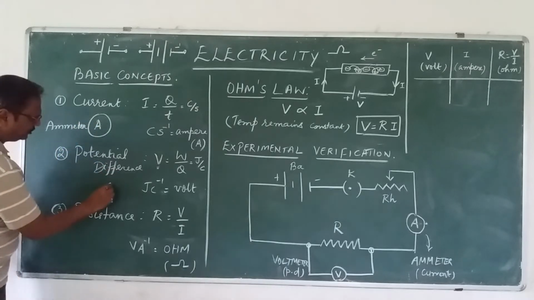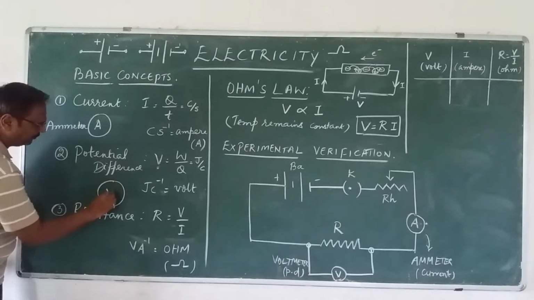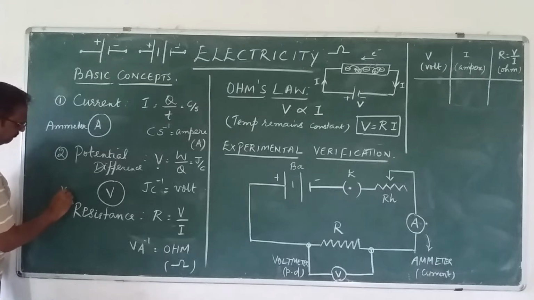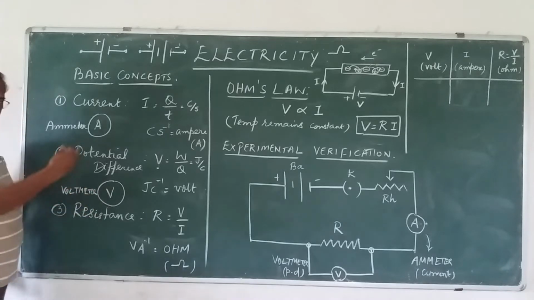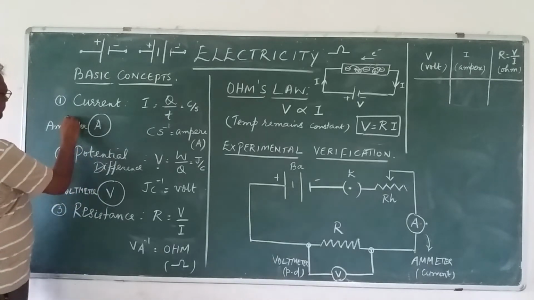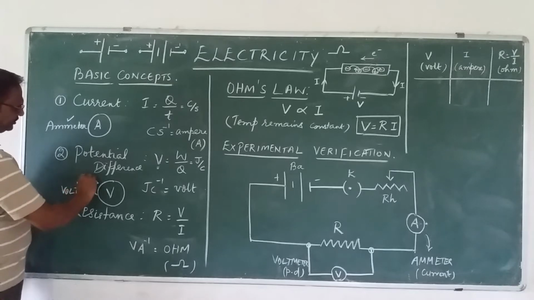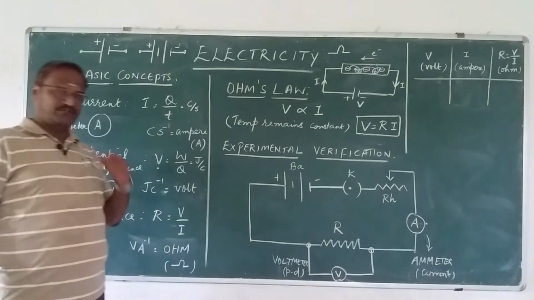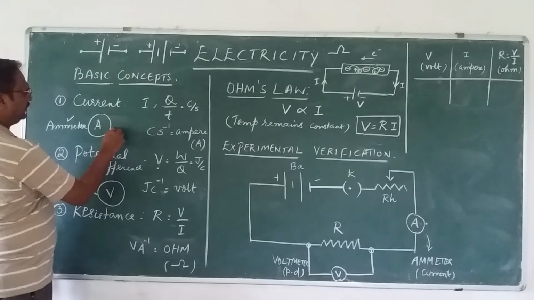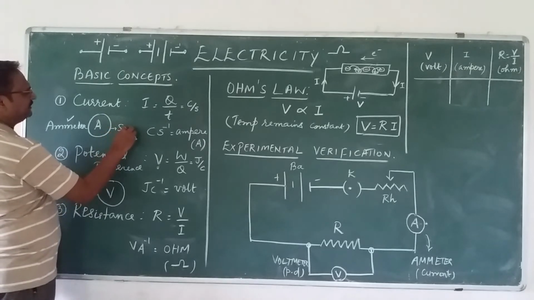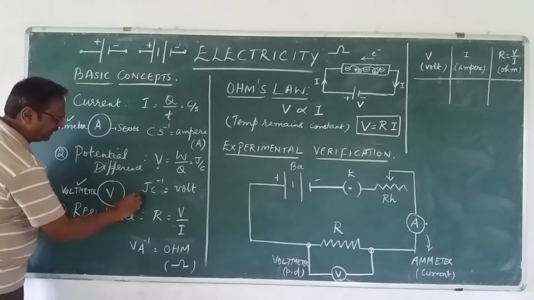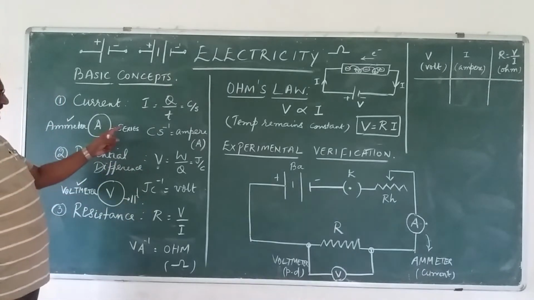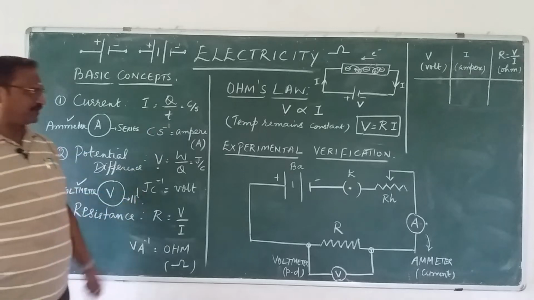Okay, and potential difference is measured with the help of a voltmeter. We will study more in detail in the next videos, but ammeter measures current, voltmeter measures the potential difference. And also know that ammeter is always connected in series and voltmeter is always connected in parallel. Series and parallel, that is the next exercise.